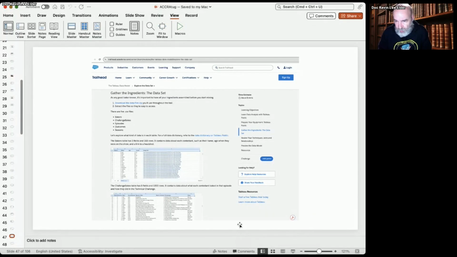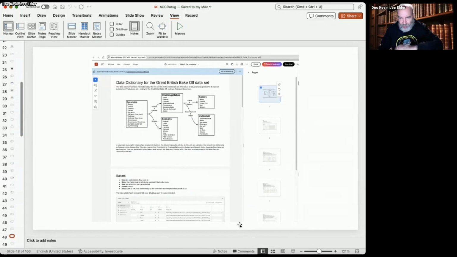So this one that I had my students go through, it's pretty fun. They take you through. The first thing they say is open the data set in Excel, which is exactly what I'm recommending you do today. Get a data set that's an Excel file, open it in Excel, get familiar with that data, then bring it into Tableau and see what you can do inside of Tableau.